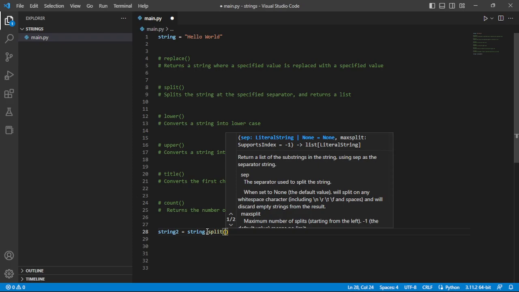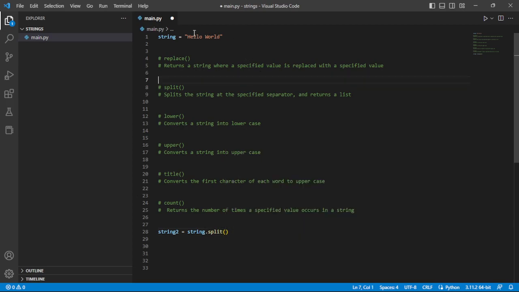Now the split method and that argument will go ahead and separate whatever string you have with that value that you pass into it. Like for instance, our string hello world up here, it has a white space in it. So let's say we wanted to split those in two instead of just one string. We wanted to split that, and let's say